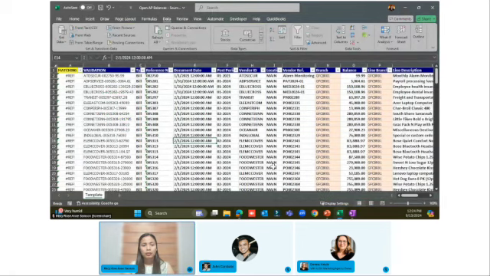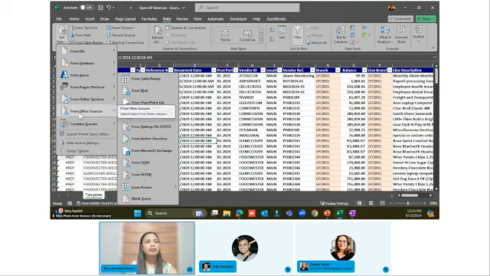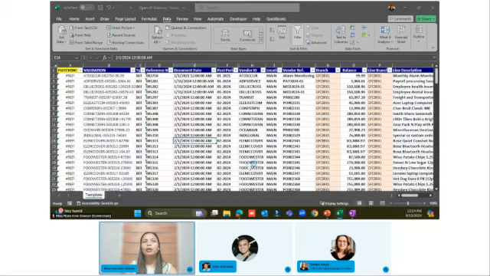So I have here the newly extracted file from the legacy system. And from here, I want to get all the OpenAP transactions that were initially uploaded in Acumatica to validate which transactions are newly added. So to do that, in this Excel file, you just go to Data, Get Data from other sources, and then click From OData feed.